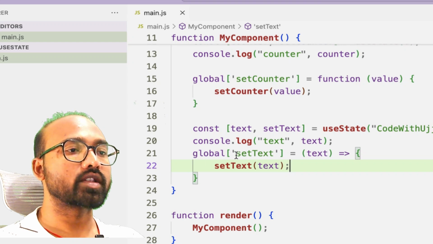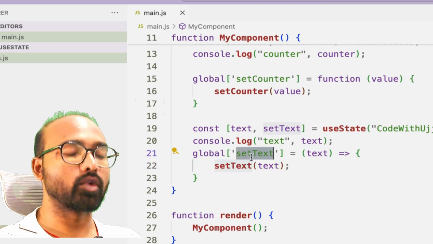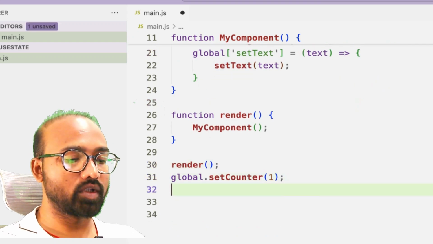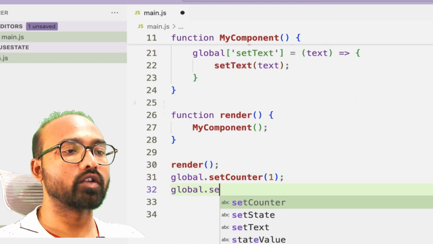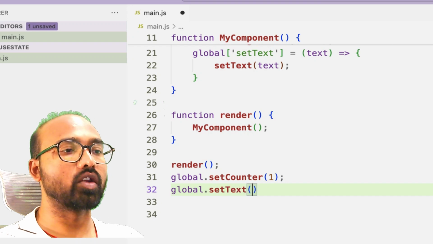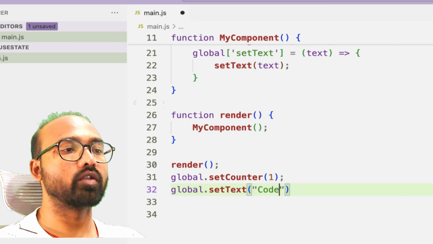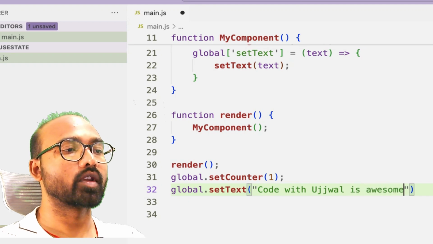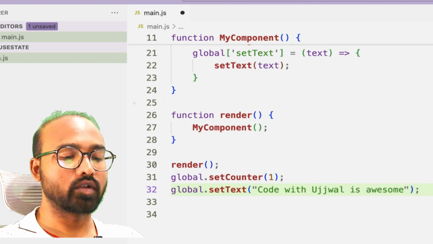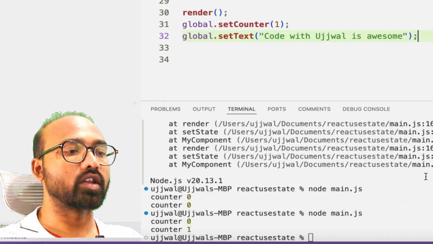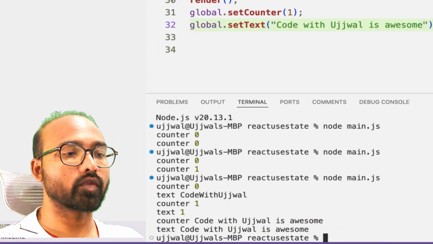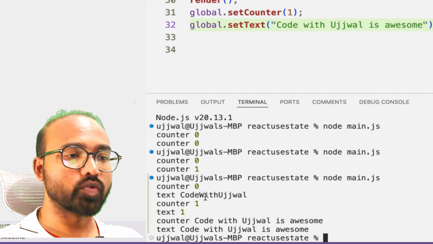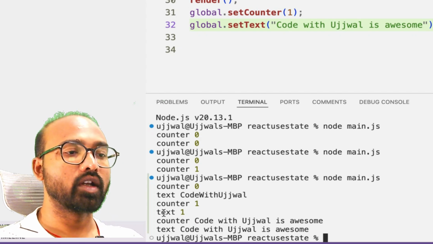Now let's call this set text from outside, similar to how we are calling set counter. So global dot set text with value, let's say code with Ujjwal is awesome. Okay, let's run the program. Okay, so counter 0 text code with Ujjwal. Okay, counter 1, but the